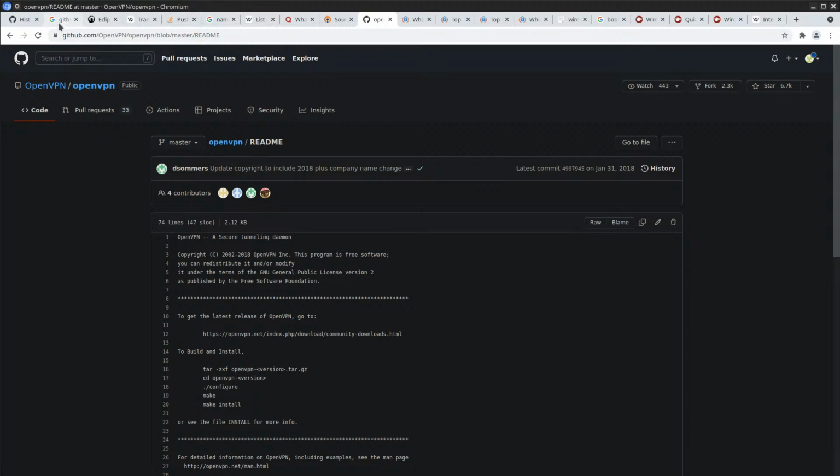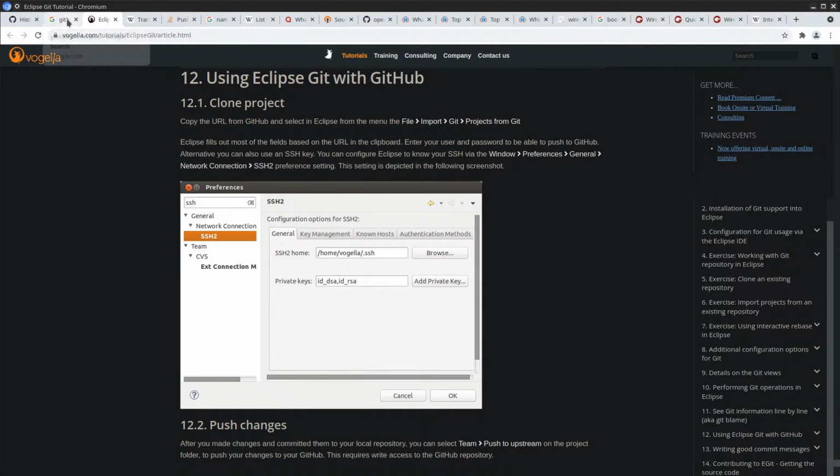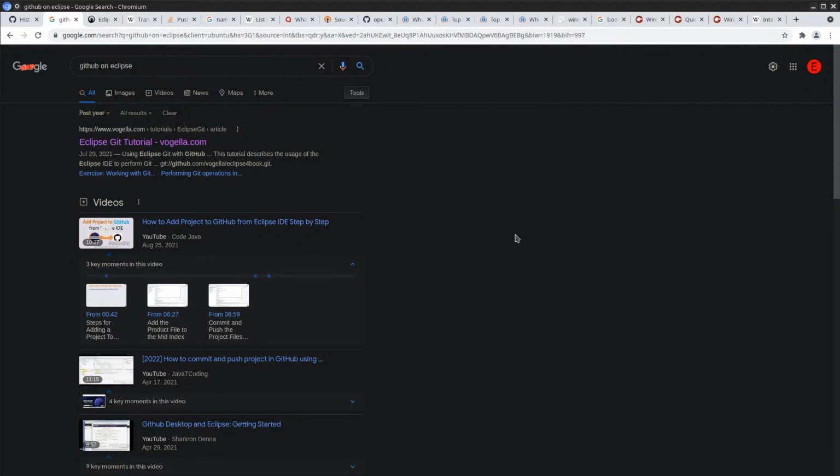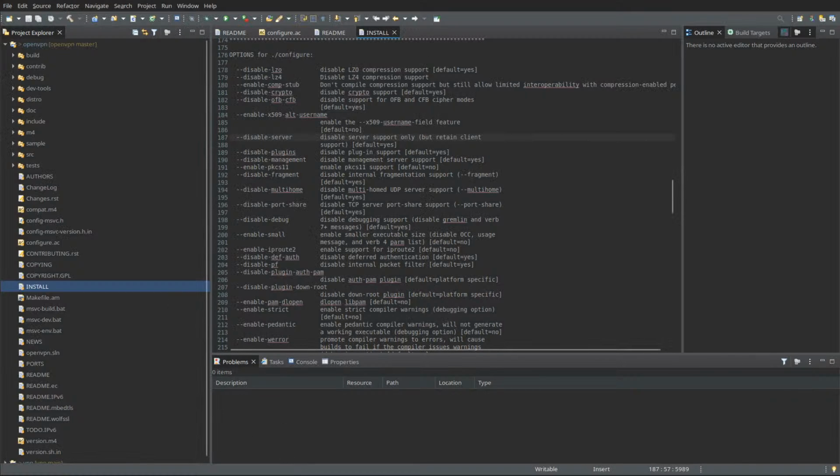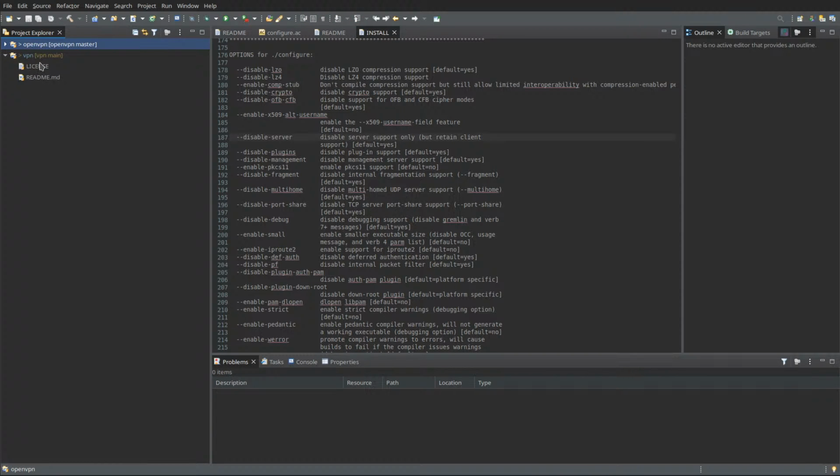Too many tabs. It's all about Eclipse. And about the document, actually the document should be part of Git. That's where you would want to keep the design document. I'm not sure what would be the best format.